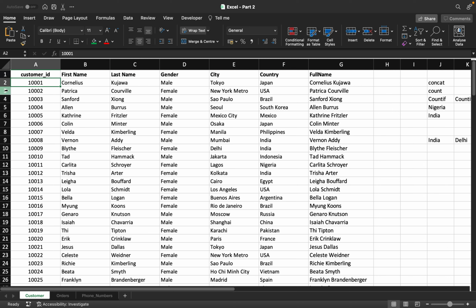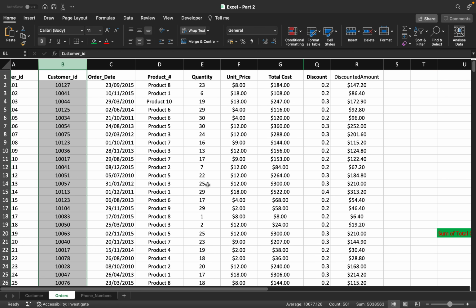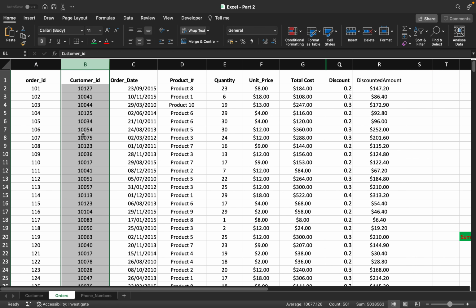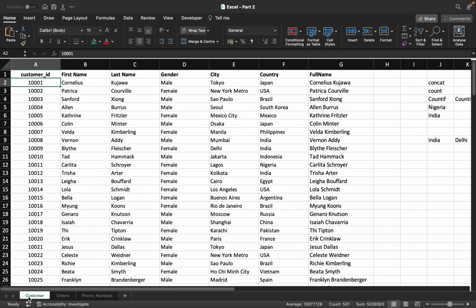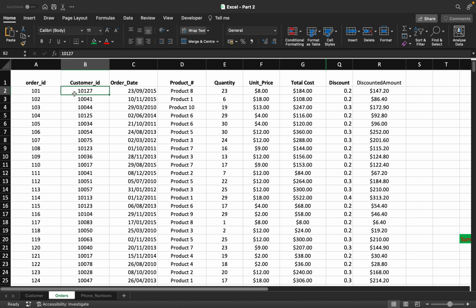So right now we have the customer ID right here, and then we have the customer ID column right here too. So right now I'm trying to bring some of the records we have on this table here so that when we get customer ID 10127, we can append that order to a name. So I want to return